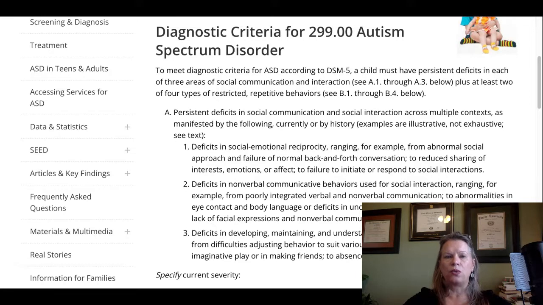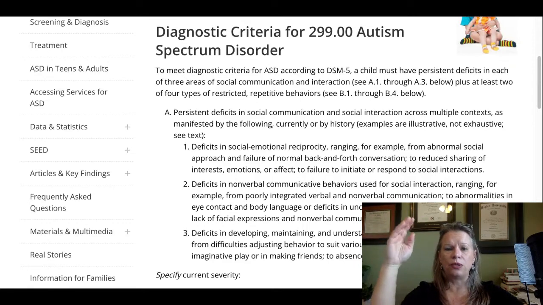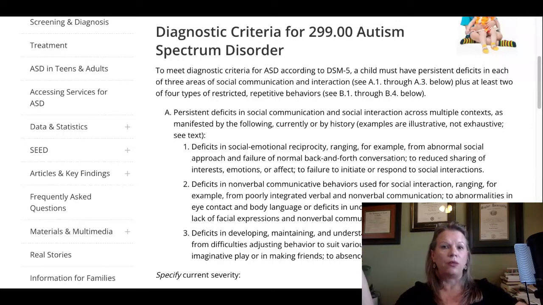So again, it affects development very early. And so children with ASD don't meet developmental milestones pretty much across all of the developmental areas. So it's a child who's typically going to experience some motor challenges. They're going to play very differently. They're going to, like I've explained to you in the beginning of this, not make eye contact. It's not their preference. They're going to make very little of it unless it has already been reinforced a great deal.